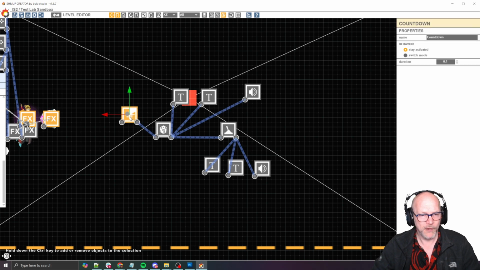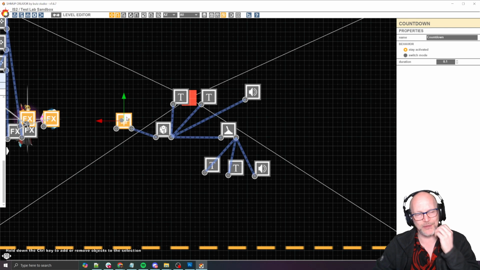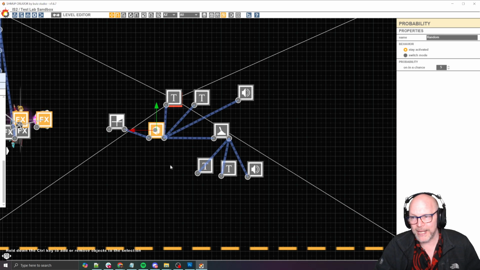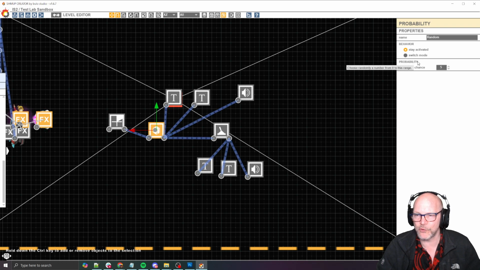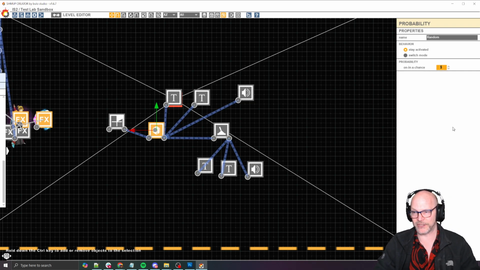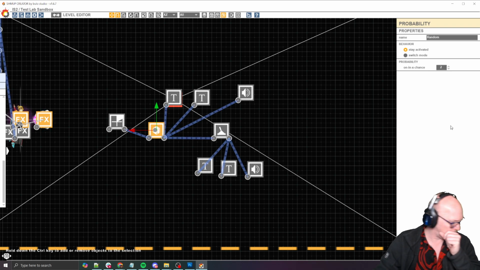Okay, so first off, I just have a little countdown timer that triggers when the camera sees it. This could be any kind of gameplay trigger you want. Then you have the randomizer probability, which we've kind of covered in the past. So just real quick, it chooses randomly a number between 0 and this range. So for instance, if you set this to 2,